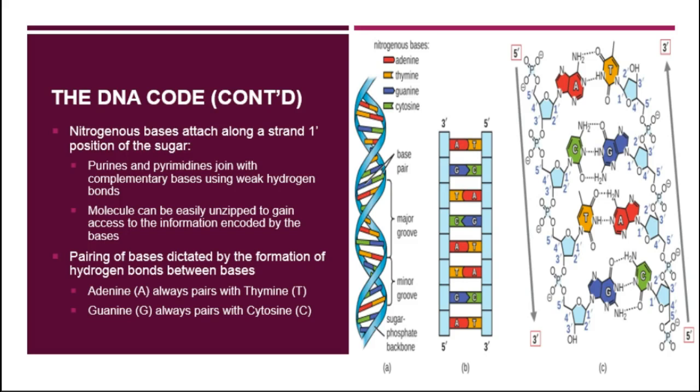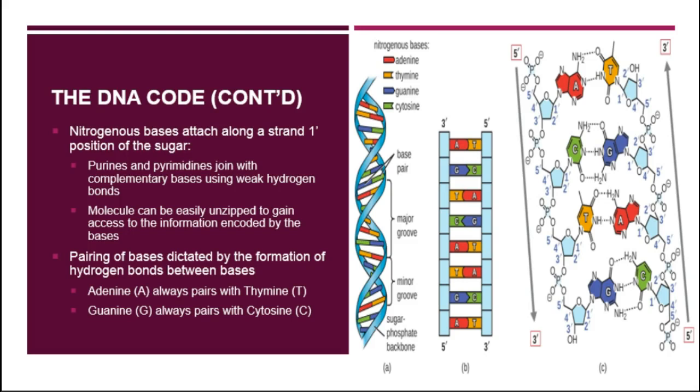Nitrogenous bases attach along the strand, as I said before, at that number 1 carbon of the deoxyribose sugar. We have 2 types of bases. They are called purines and pyrimidines, and it's based on their structure. And those bases then are joined together in the 2 strands by hydrogen bonds,